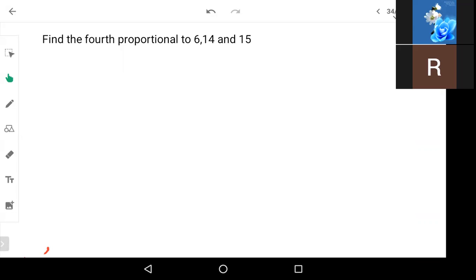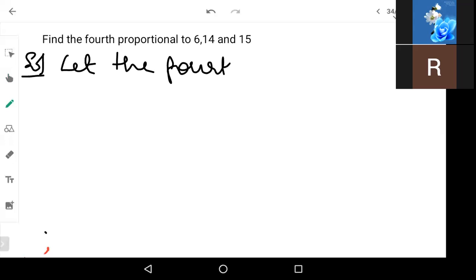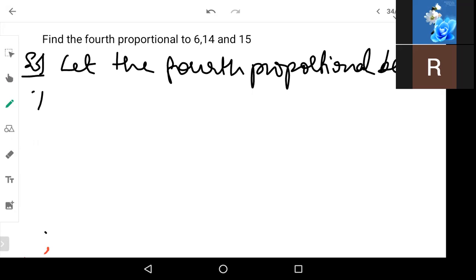So first what we will be doing here is we will be deriving or assuming one of the proportion to be x. So let the fourth proportional be x. Okay, let the fourth proportional be x. Then